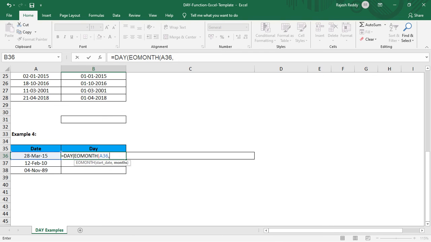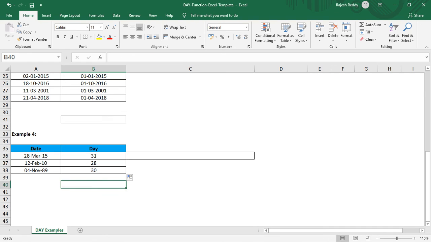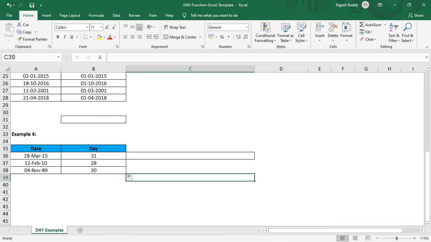If you enter 1, it will generate the end of the month value for a future month. Right now I want the end day value from the current month, so that's why I'm selecting this date. Just hit the enter button. See, May has 31 days, and it gets generated. Now I drag this, and automatically each and every month's end dates get generated. So like this the DAY function works in Excel.